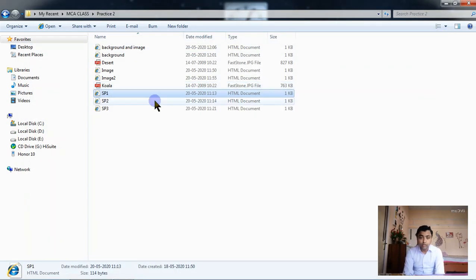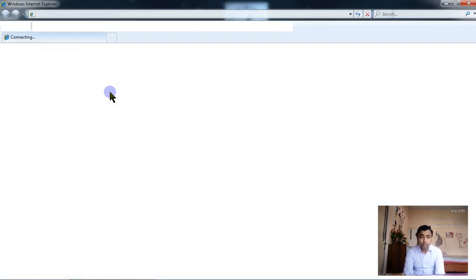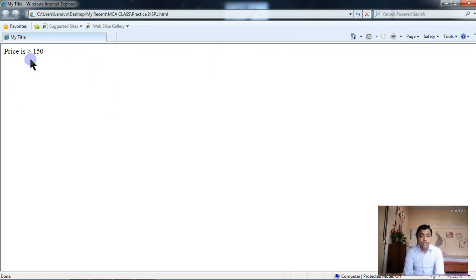Okay, now let me start. Yes, now you can see here, price is greater than 150. We have not written the greater than symbol there. We have used the codes and it automatically converts them to the required symbols.